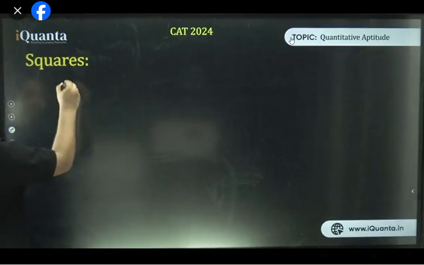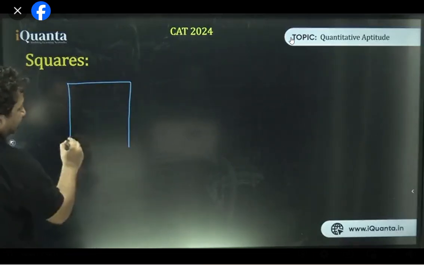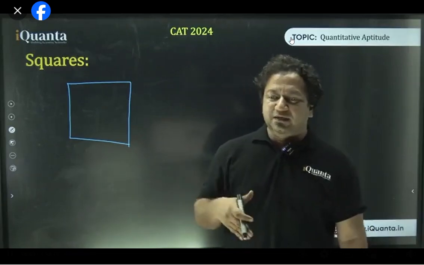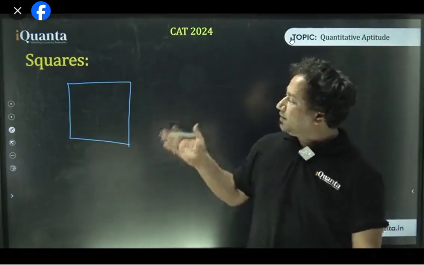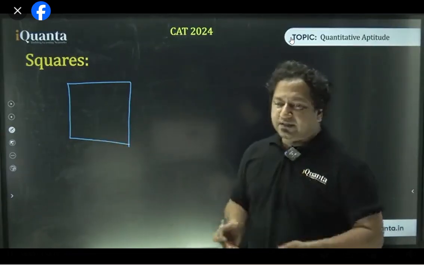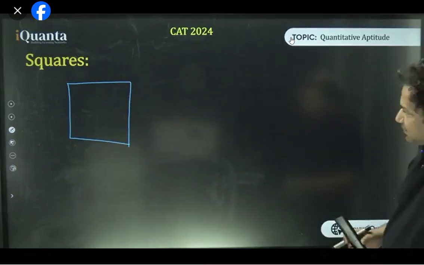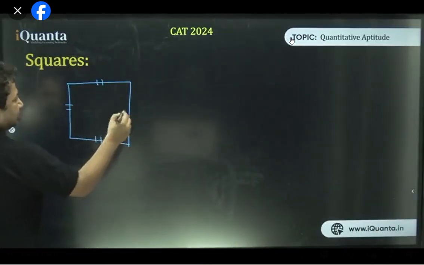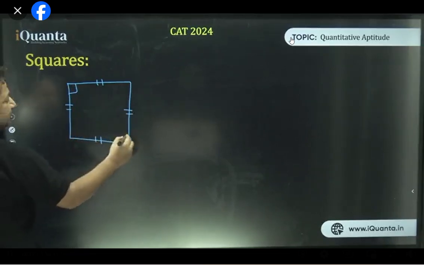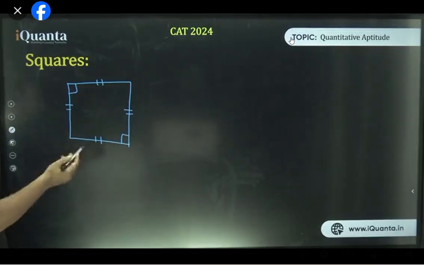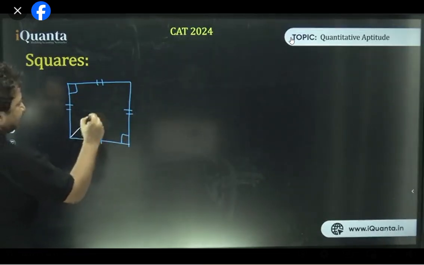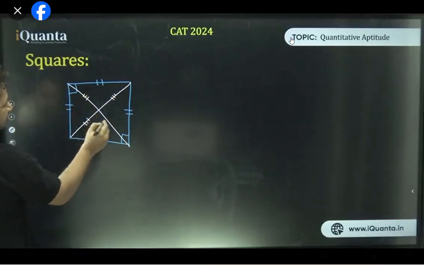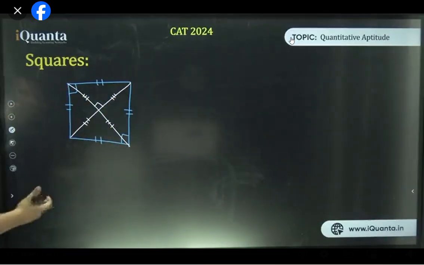Next is obviously squares. So see what I can do over here. I can just say squares are those rectangles all of whose sides are equal. Okay? This can be said. Squares are those rectangles all of whose sides are equal. Understood? Everyone must have understood this. So when all sides are equal and adjacent angles are 90, there is no need. Other things are kind of obvious. What is obvious? That the diagonals will bisect each other at 90 degrees and the diagonals are equal as well.